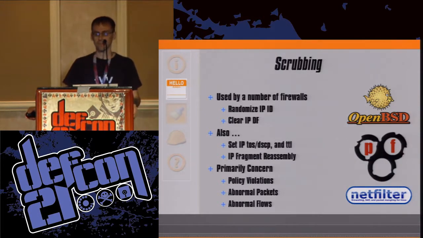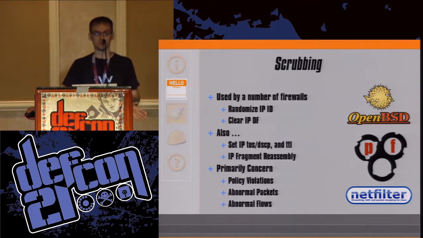PFSense, NetFilter, all firewalls, they randomize the IP ID, or they have the option to randomize that IP ID, clear the IP do not fragment field. In addition, NetFilter allows you to set the IP type of service and the TTL. In all three solutions,